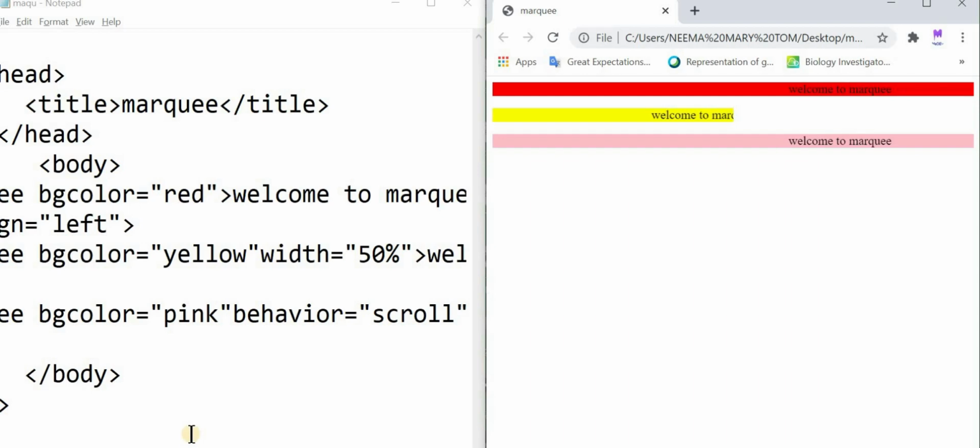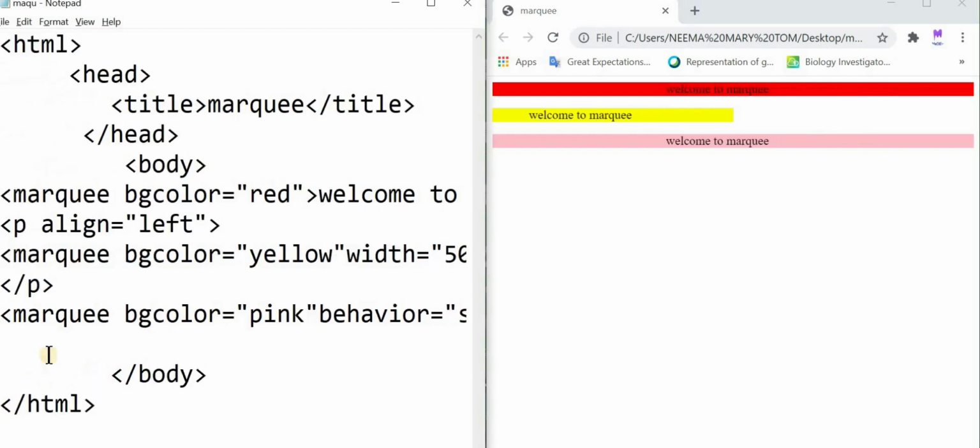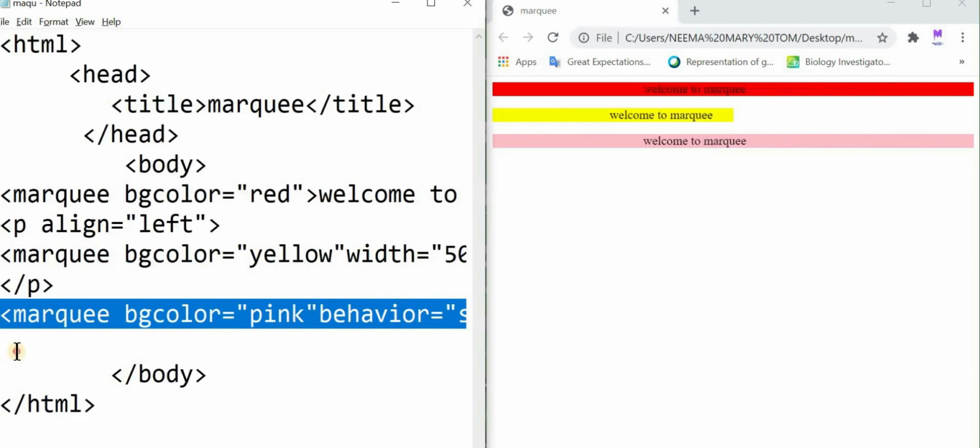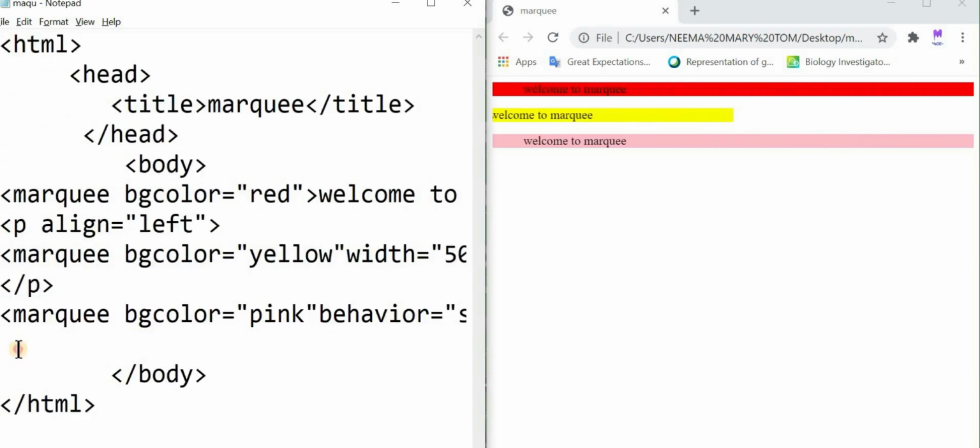We will copy this one, and let us copy this text from here to the end. And let's change the behavior.